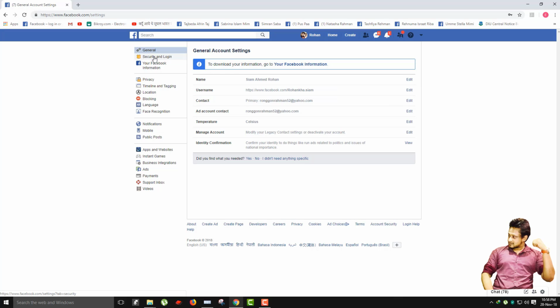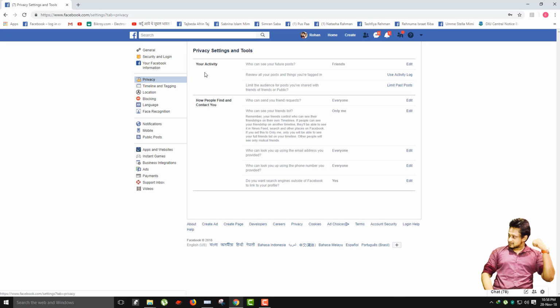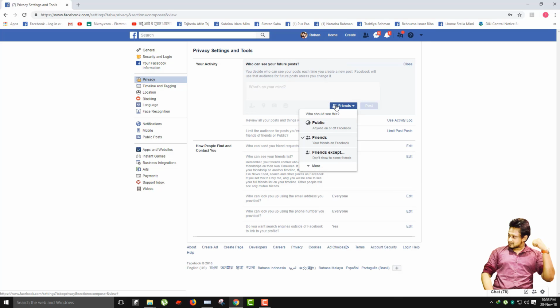After that, general security and login, your Facebook information, privacy. Click on the privacy. Then privacy settings and tools. Your activity. Who can see your future posts? If you turn it,